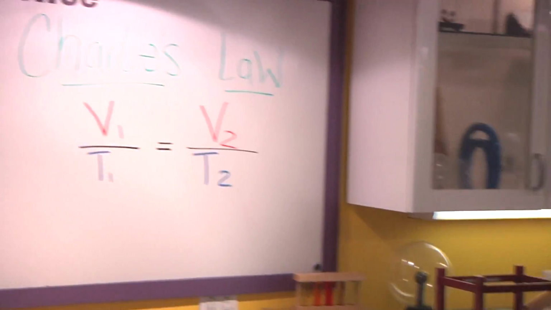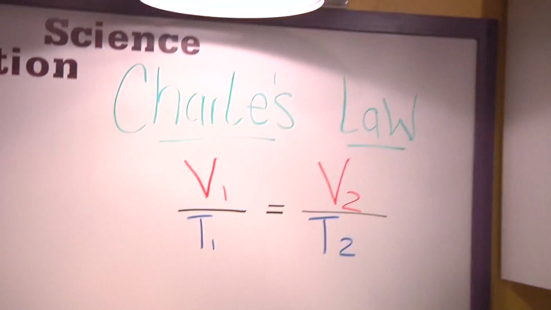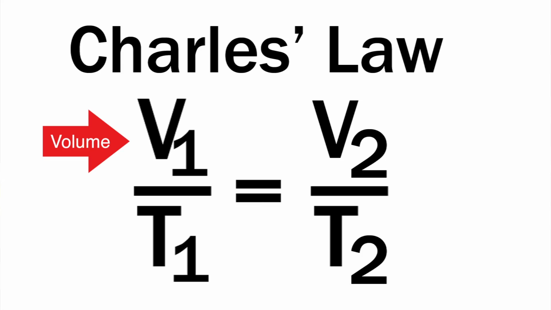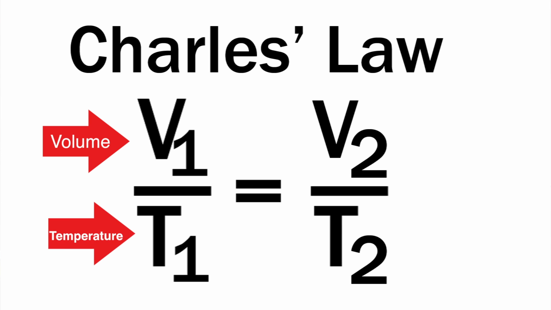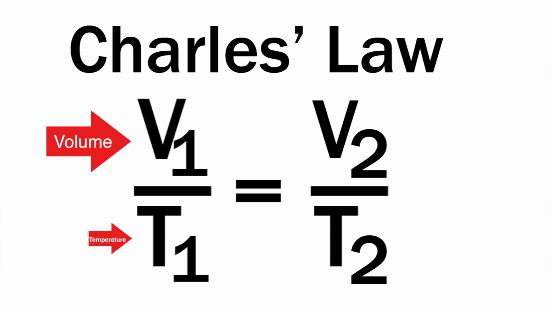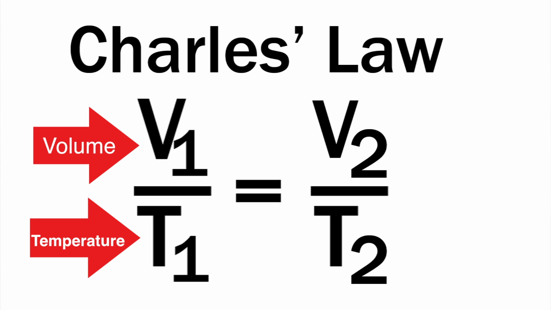So this is one of the gas laws, Charles's law. No, calm down, calm down. I know it's an equation, but it's very simple to understand. The V, volume of a gas, is directly proportional to the T, temperature of a gas. What? In other words, as the temperature decreases, the volume of the gas decreases. And vice versa, if the temperature of the gas increases, the volume increases.